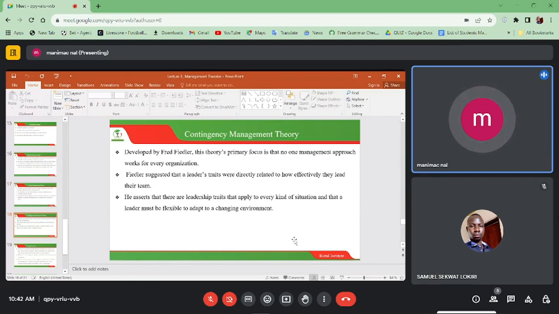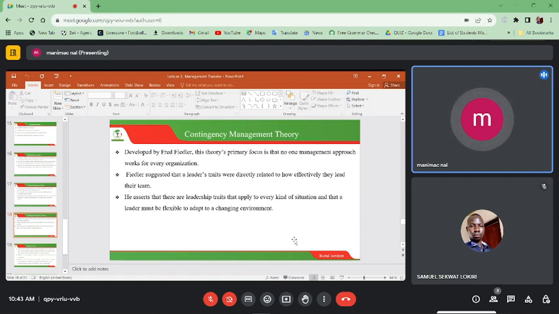And the next theory is what we call the contingency theory, or the contingency management theory. The contingency management theory was developed by Fred Fiedler, and this is the theory that primarily focuses on the idea that there is no one management approach that works for every organization. For example, like the theories we have seen, administrative theory might work, scientific might work, et cetera. So Fiedler says that there is no one management theory that works for every